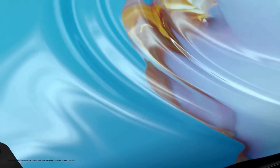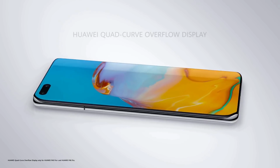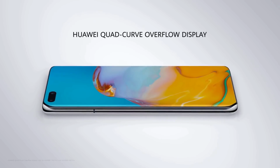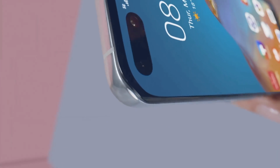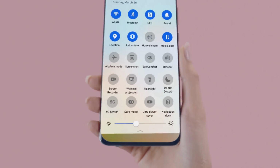The P40 Pro features a quad curve overflow display with curved glass at all four edges. There are still very thin bezels at the top and bottom. The 6.58-inch screen on the Huawei P40 Pro has a resolution of 1200 by 2640. Huawei has increased the refresh rate of the screen to 90 Hz, which is faster than the 60 Hz of